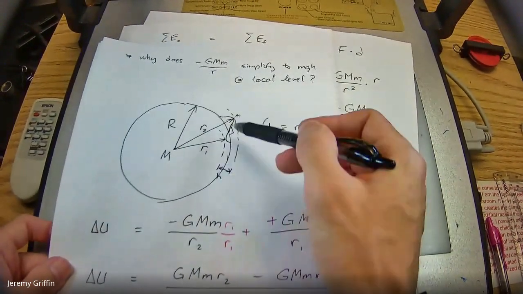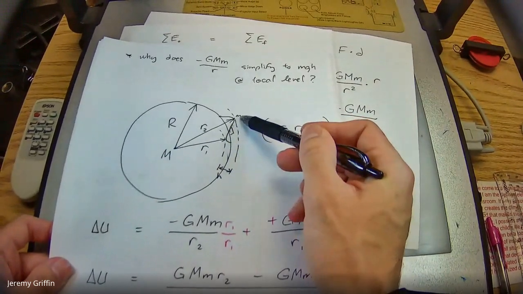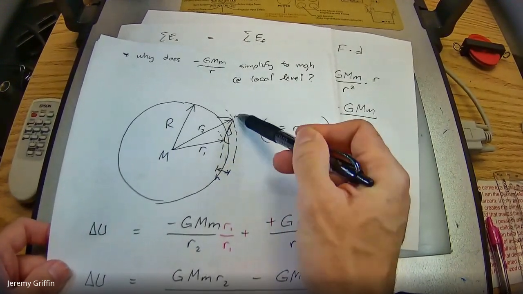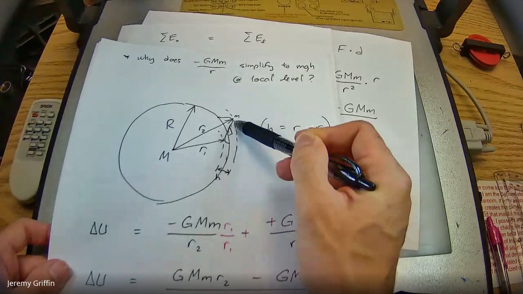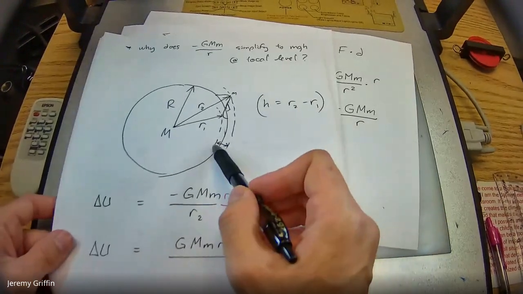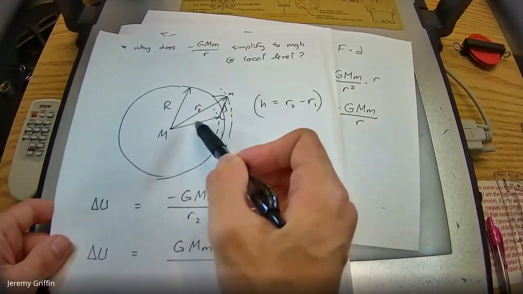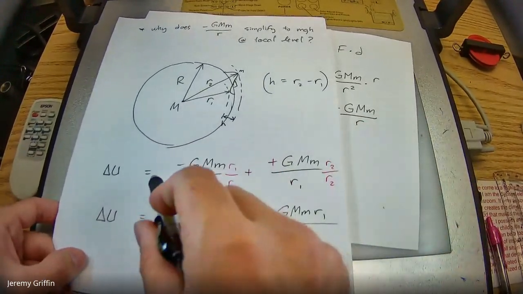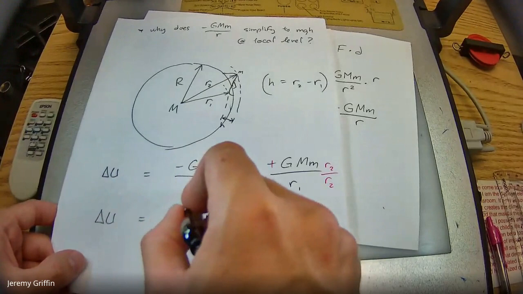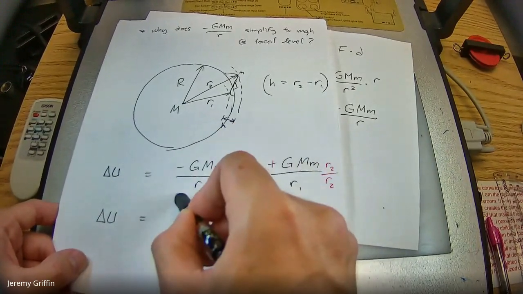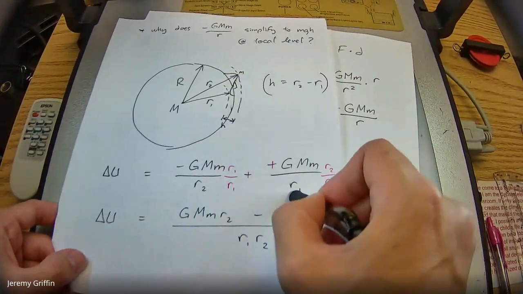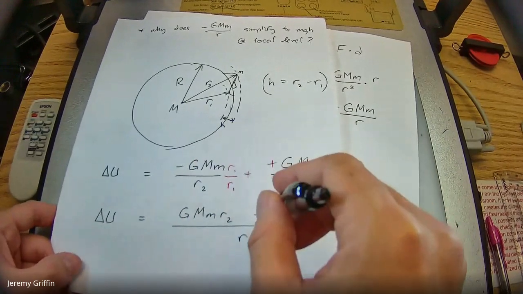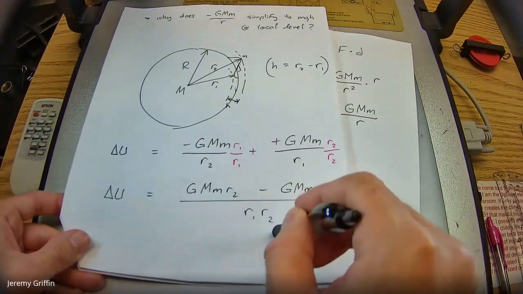Suppose you have a planet and there's a mountain and a valley, right? And you drop something from the mountain level to the valley level. See these dash lines? That's a difference in altitude. Now, difference in altitude between this R1 and this R2, I'm going to call it h. So h is R2 minus R1. Okay, well, the change in potential energy would be the potential energy at R2 minus the potential energy at R1. Okay? Of course, you got negative terms, don't forget that. Get a common denominator, looks like this.